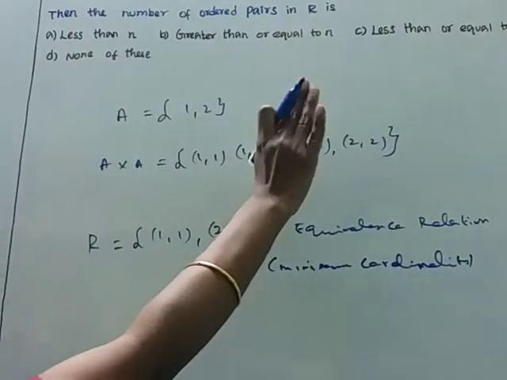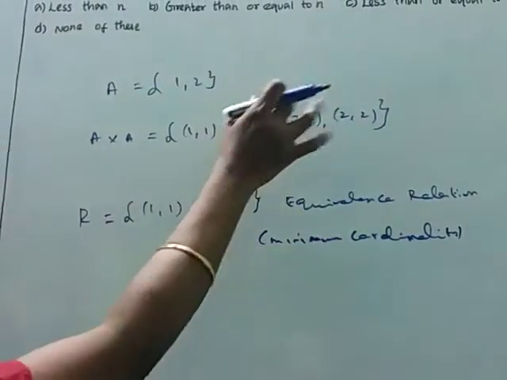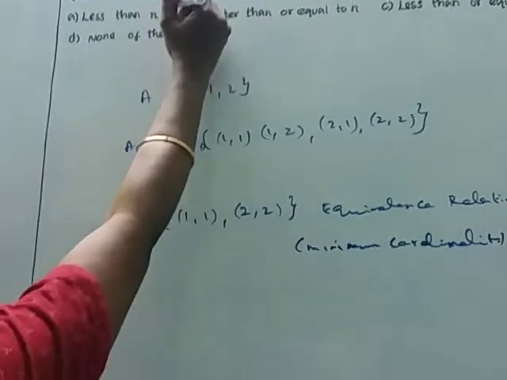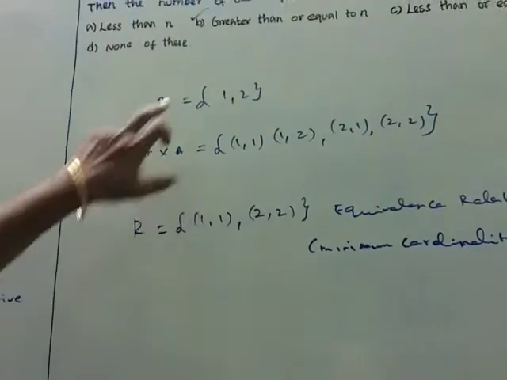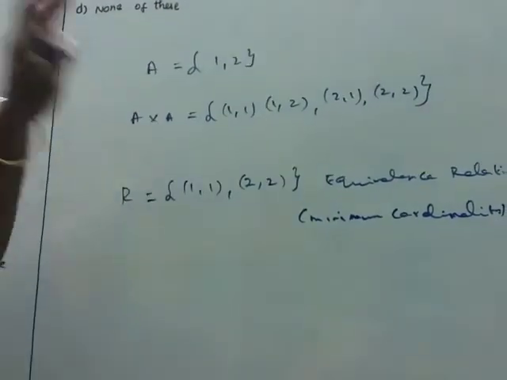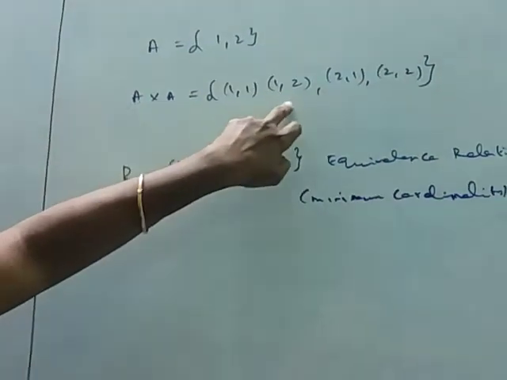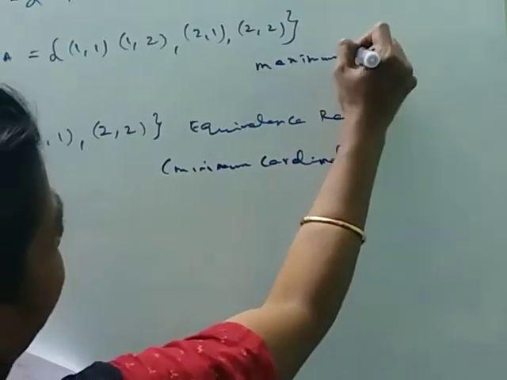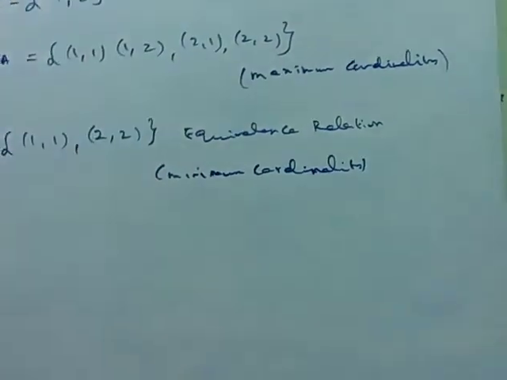You have 2 elements, meaning the relation having 2 elements is equal to n, that is the minimum cardinality. The maximum cardinality has 4 elements, so it is greater than or equal to n. Here at least n elements is called greater than or equal to n. At least n elements means at least 2, so this relation has 2 or more. Here (1,1), (1,2), (2,1), (2,2) is our maximum cardinality. Understand? So here the answer will be greater than or equal to n. The equivalence relation. Okay, copy it.